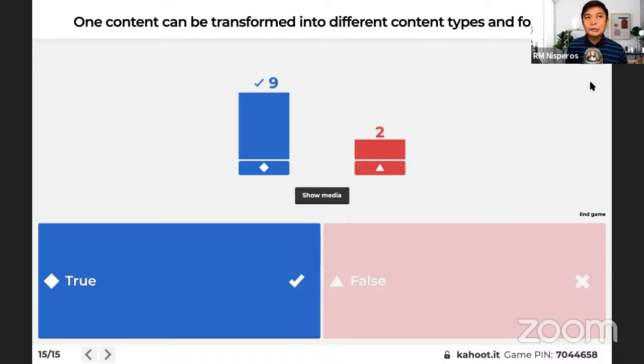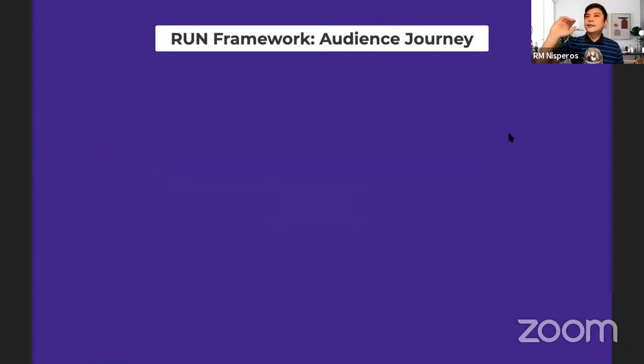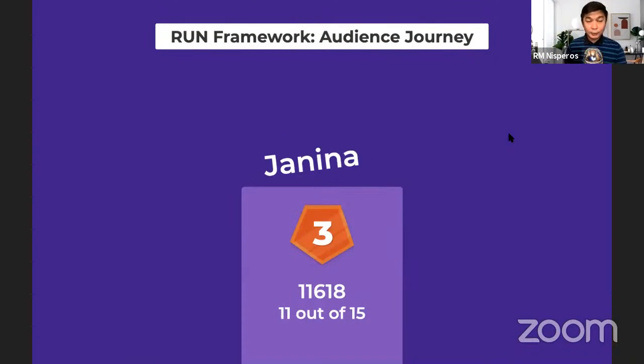Ang hirap. So, we have techniques to use so that one content can be repurposed into different content, especially for different formats in digital platforms. Babago-baguhin lang natin, and then we change the intent and the formats, and it's good to go. So maraming techniques for us to be efficient in our work. So that would be our topic for the next workshop or the next webinar.